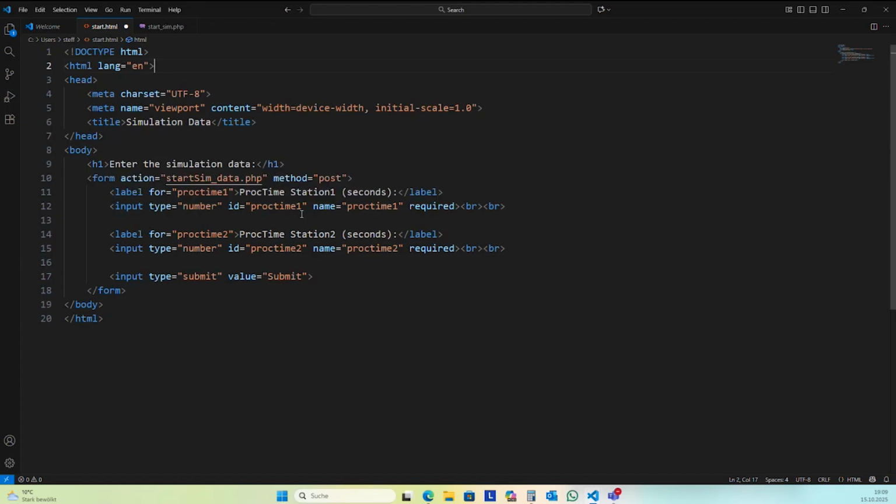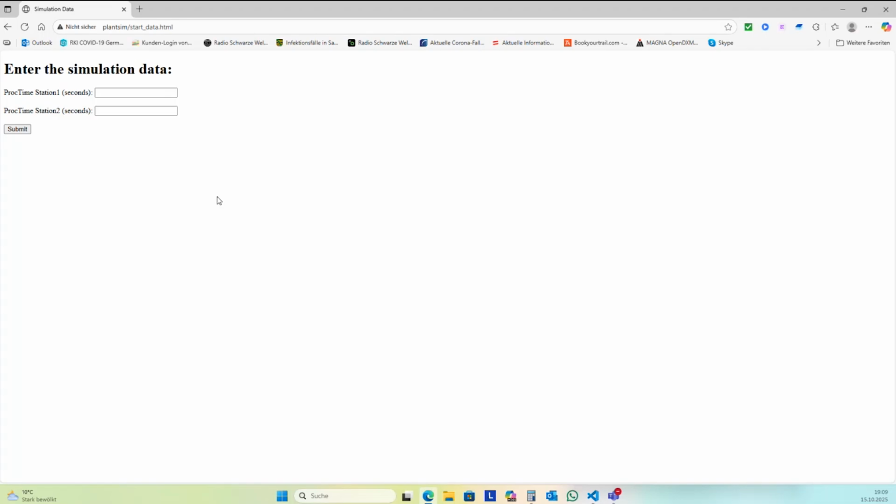One ID or name is proctime1, and one is proctime2, and I have a submit button. Yes, you can do it much more complex. You can create a complete dashboard here with all the data you want to insert for each experiment.